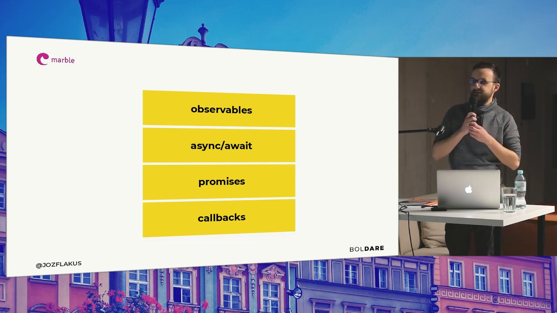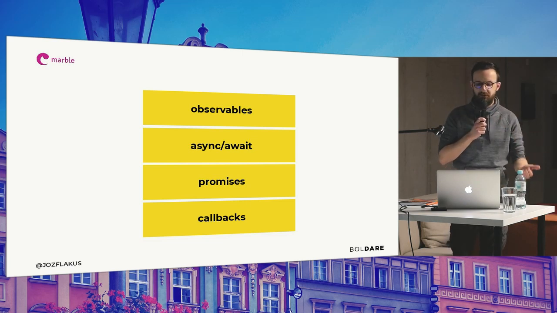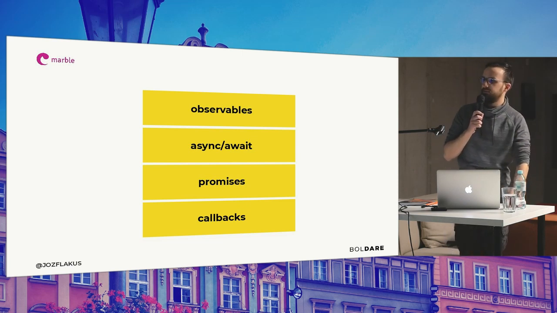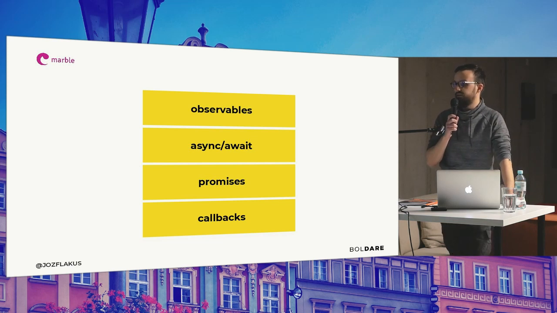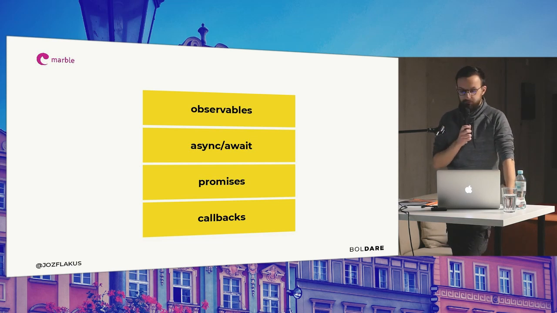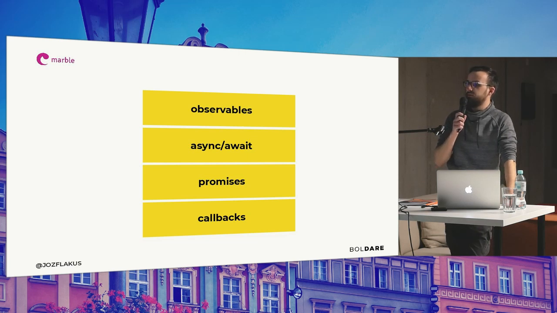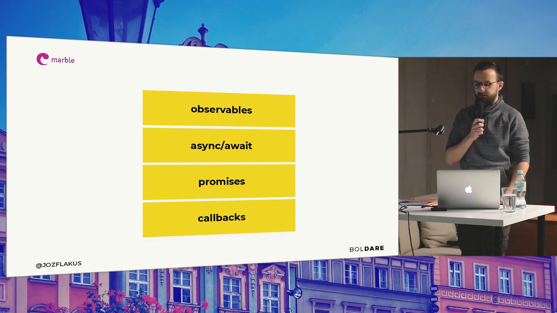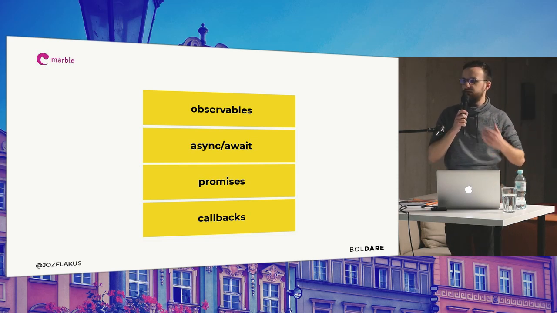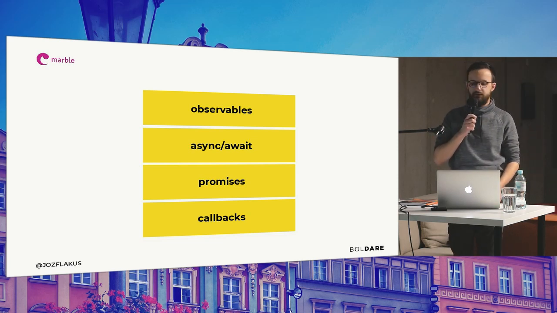Observables are lazy, so they are working only when you subscribe to them, and promises are not lazy, they are eager. Another thing that is very important to observables is that you can cancel them. You can't do this in promises, that's obvious. And the very interesting thing is that regardless of its source, you can